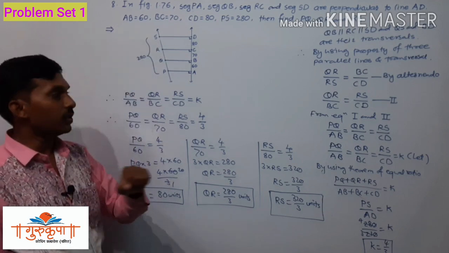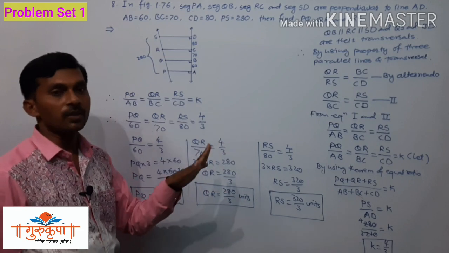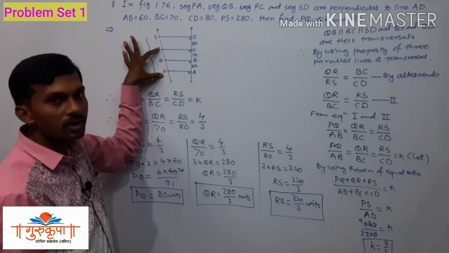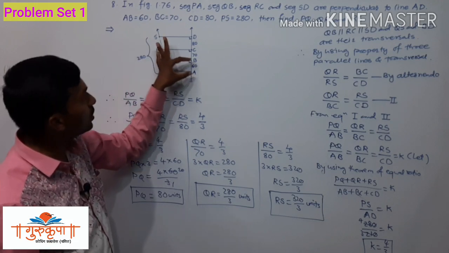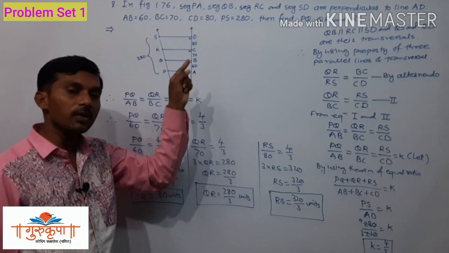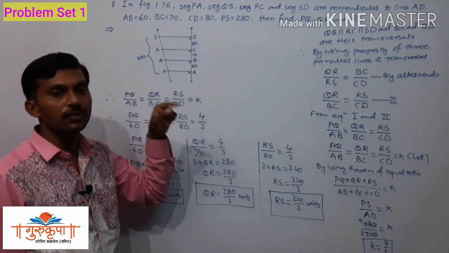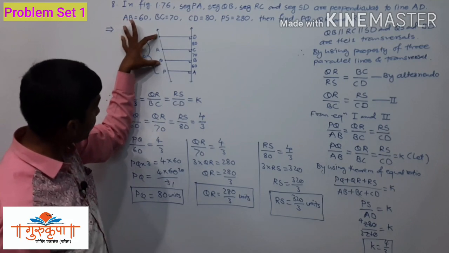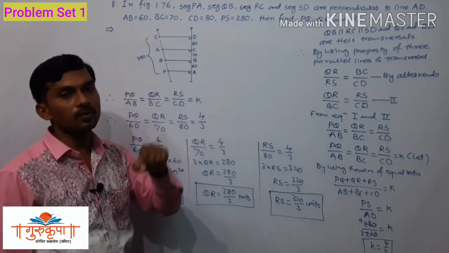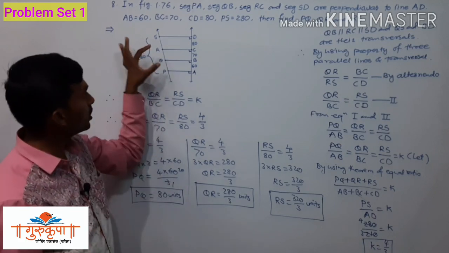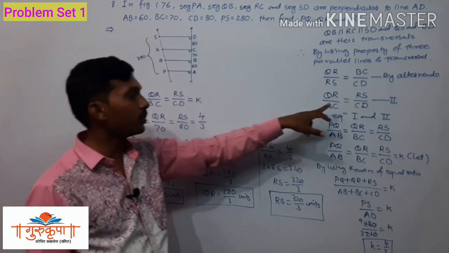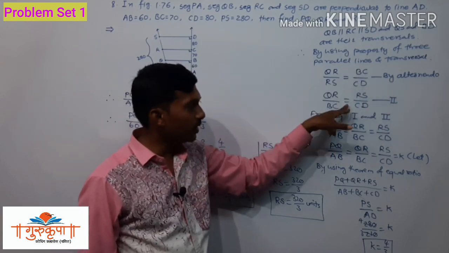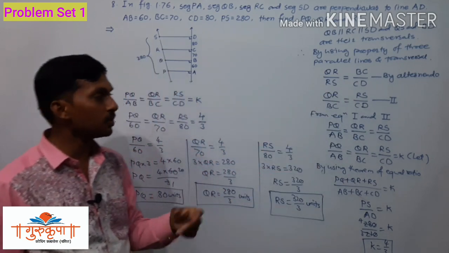In 3 steps you can remember this answer. In the first step we have to use these 3 parallel lines and the property of transversal, and we have to write PQ upon QR is equal to AB upon BC, and then we have to use the property of alternando there, give it equation 1. Then use these 3 parallel lines and the property of their transversal, write QR upon RS is equal to BC upon CD. Then use the property of alternando and we will get QR upon BC is equal to RS upon CD, that is